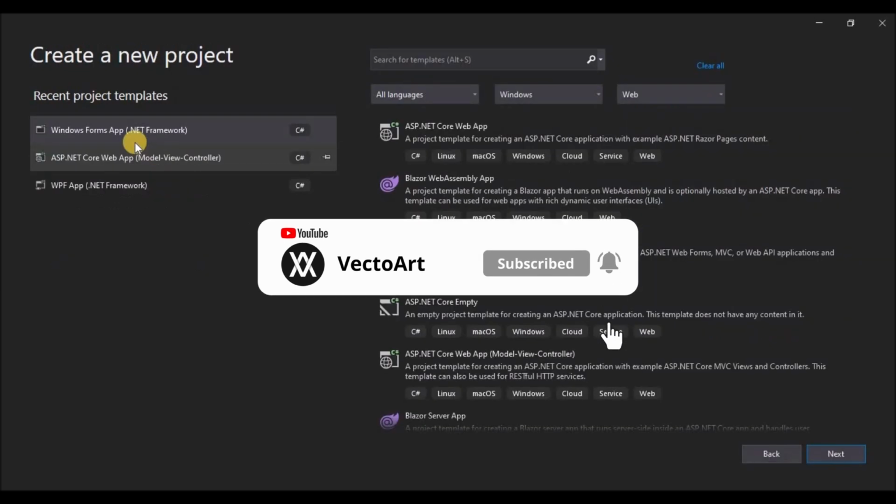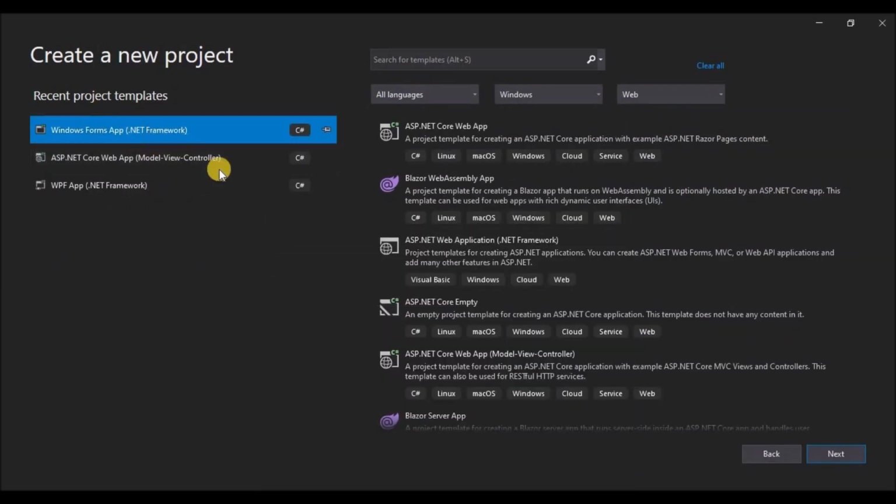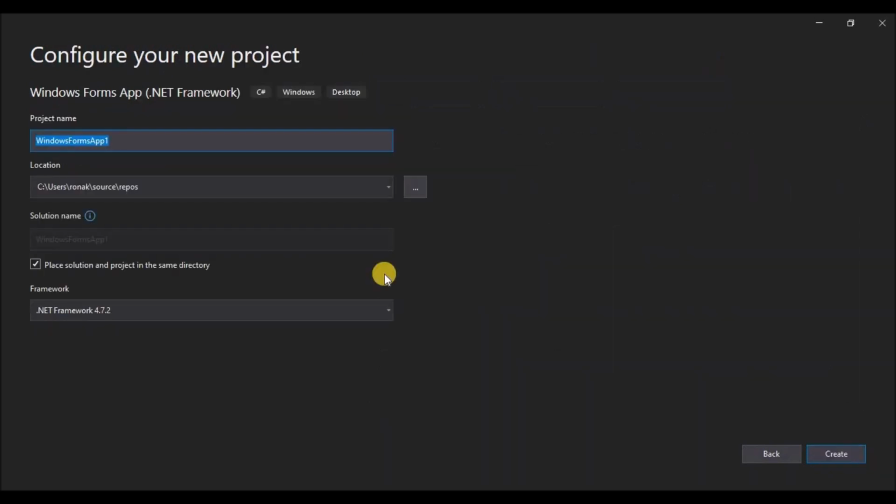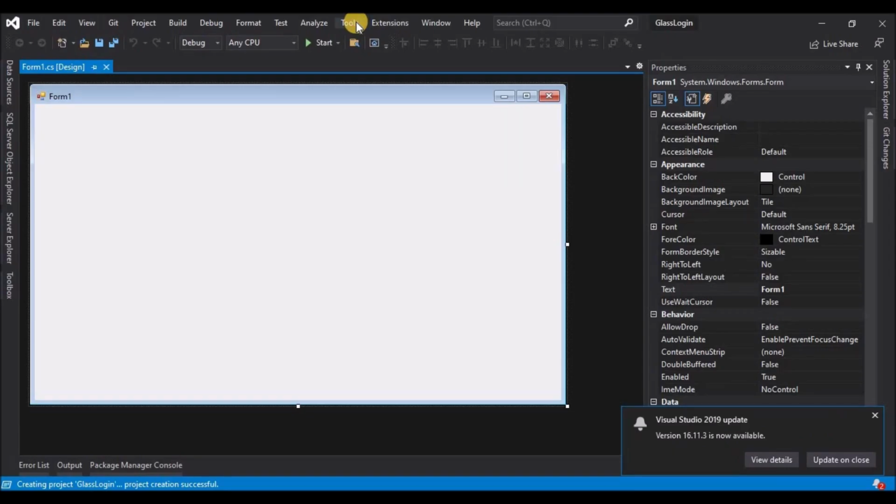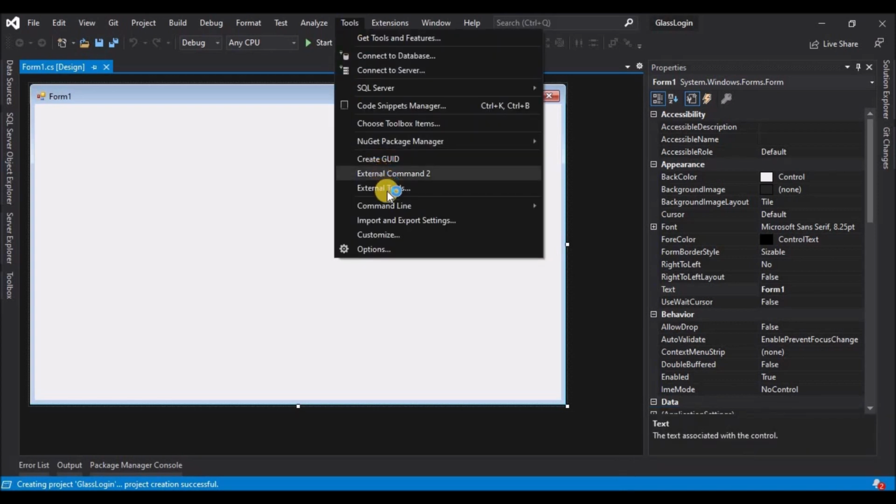So let's start by creating a project and select Windows Forms application and click on next. Now next, let's fill out the project properties. Give this project a name and leave the rest of the details as is, and then click on create. Now first let's go to tools and manage NuGet package manager